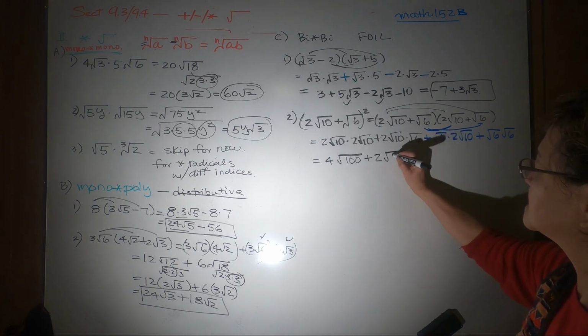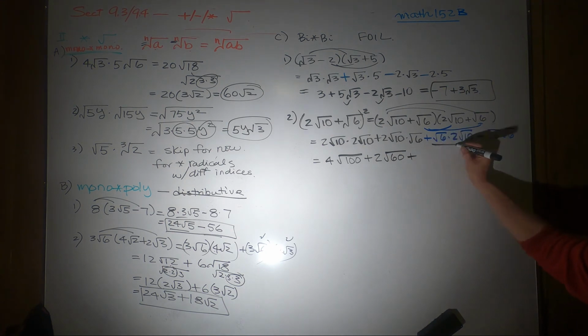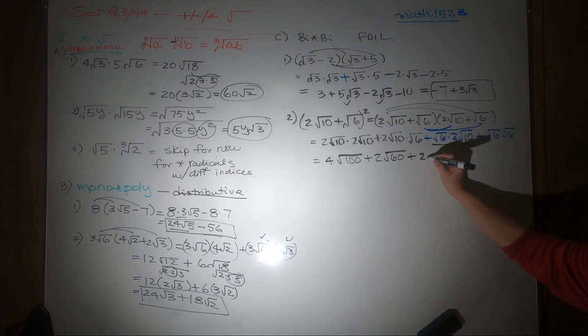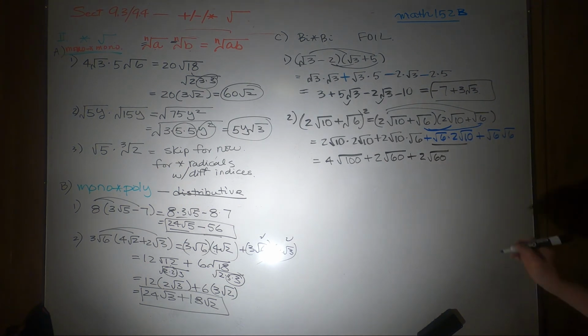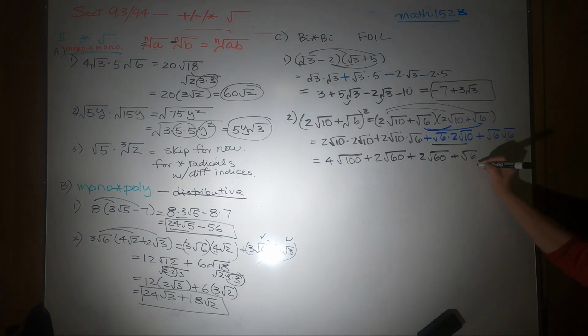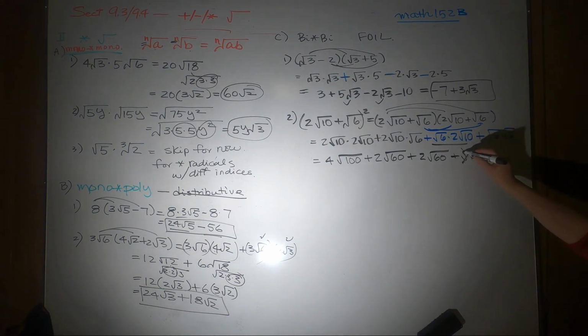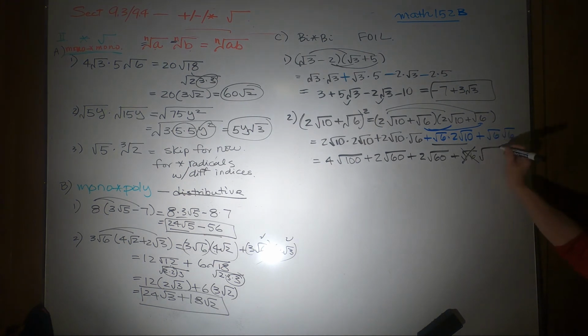So 10 times 6 is what? 60, right? Then same thing for this one. 2 outside, you have what? 60 inside, right? Then plus, you make a mistake here. Some of you will just write the square root of 6. Don't do that, okay? Because you have same radicals and both are square root. You need to multiply the inside,